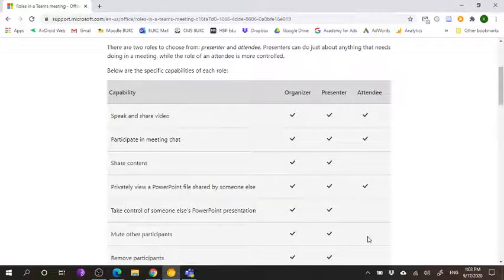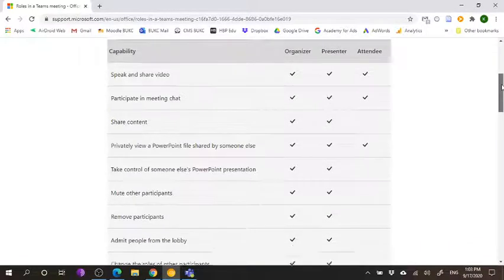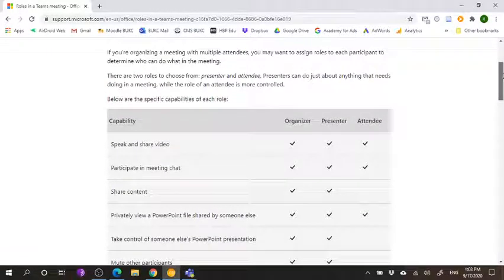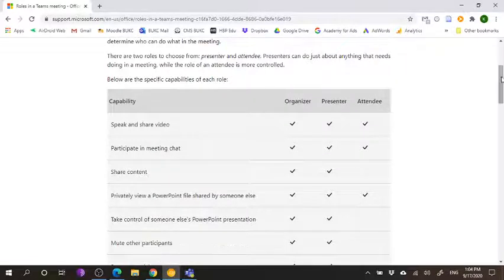They cannot mute anyone else. They cannot remove anyone else. They cannot delete anyone. They cannot do anything except sit down and listen to you or listen to whoever is the presenter. The presenter is a student or you yourself who is currently talking in the meeting. So you can turn any student to a presenter. The analogy is that like in a regular class, when your entire class is sitting in front of you and students are studying,